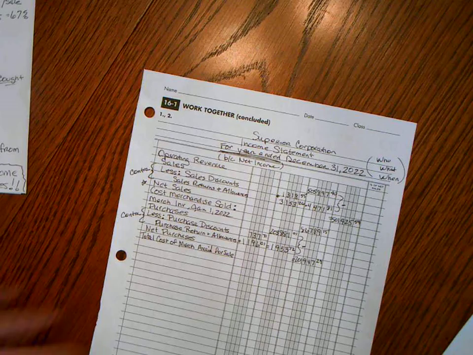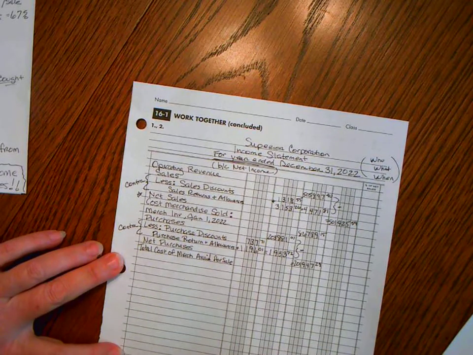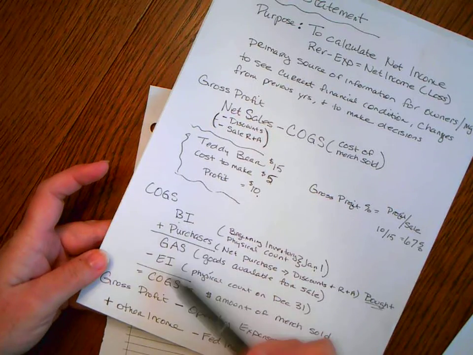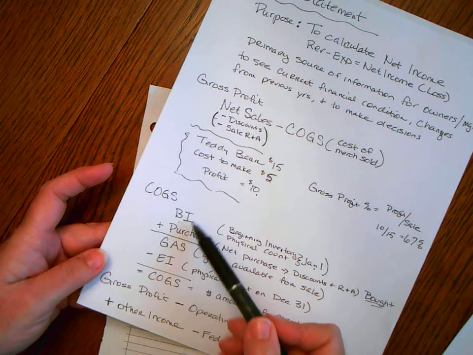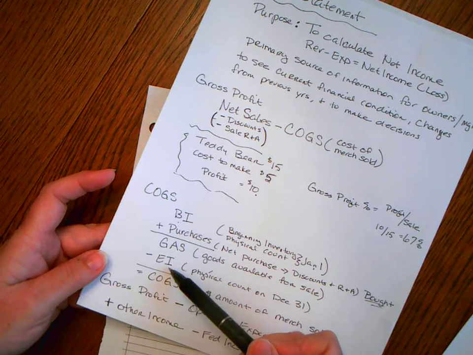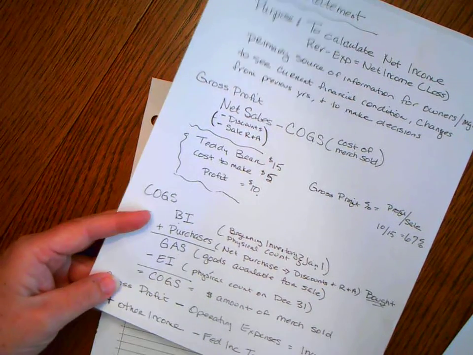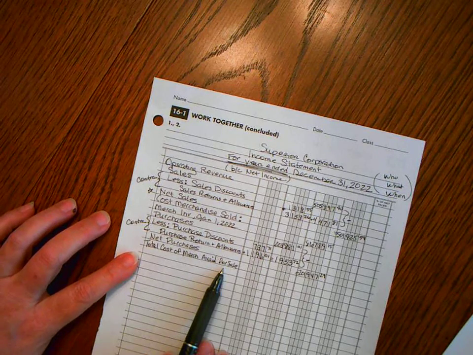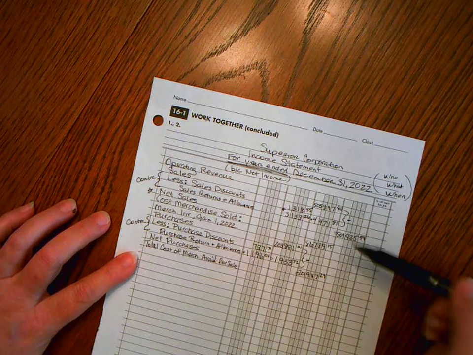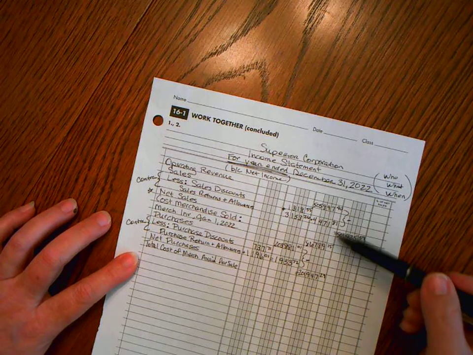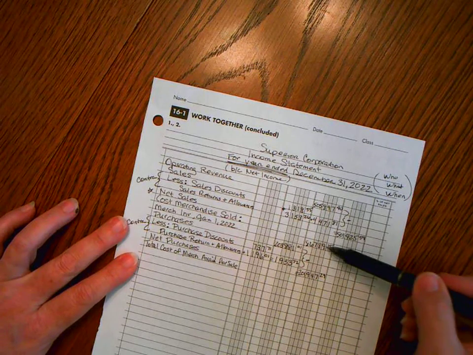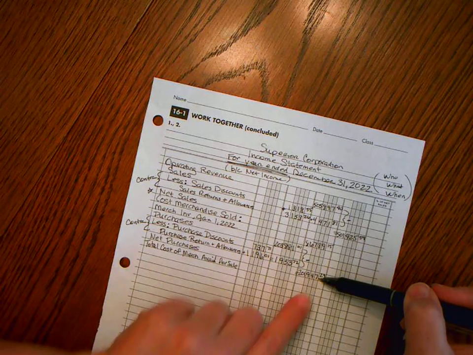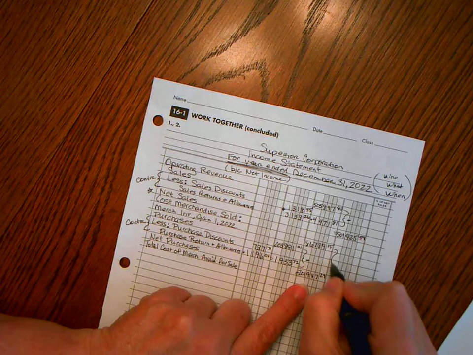Or gas. But whatever. That's why I like to use it here, right? This is an easier thing to remember. Just BI plus purchases equals GAS minus ending inventory equals COGS. But you'll just have to be able to translate. So total cost of merchandise available for sale is going to be our beginning inventory plus the net purchases, right? So these two added together